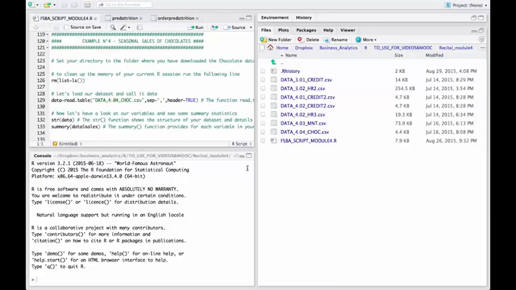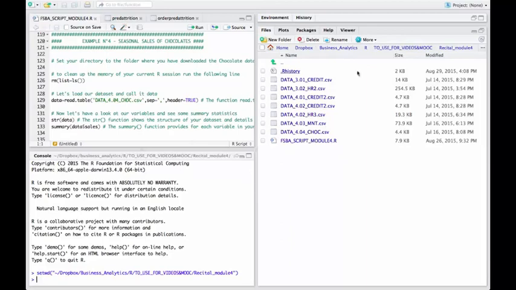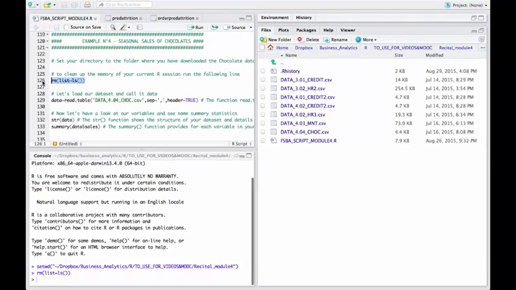Alright guys, let's get started with our last example for this module. It's going to be yummy, and it deals with the chocolate sales forecasting example. As always, let's get started by setting our directory to the folder where we've downloaded the chocolate dataset. Once this is done, we clean up the memory of our current R session, and we are ready to load